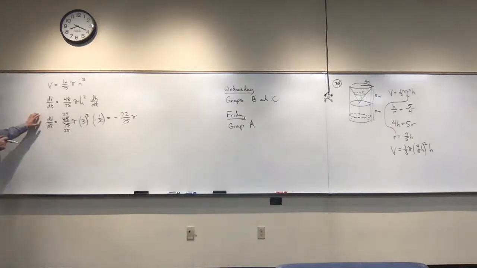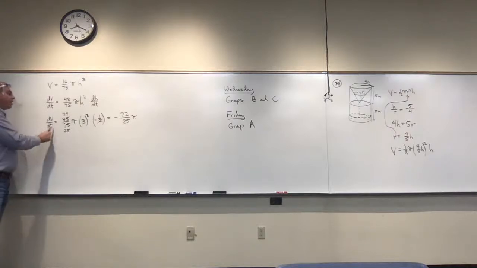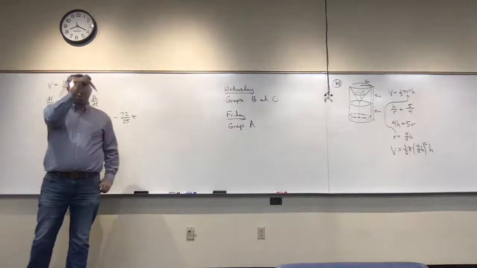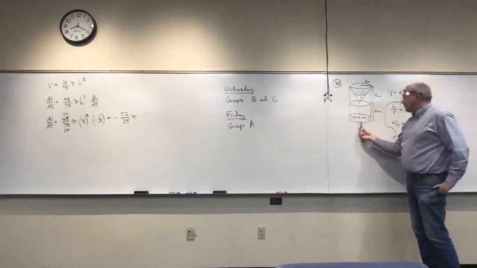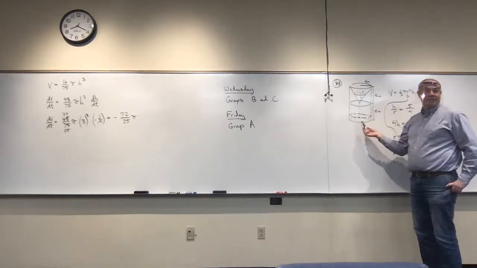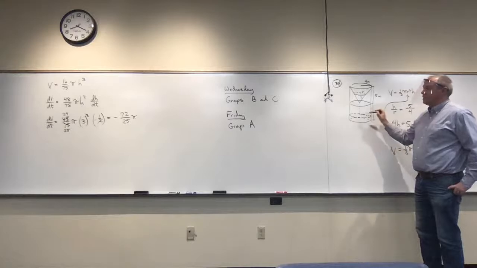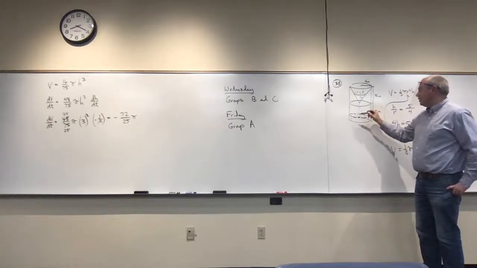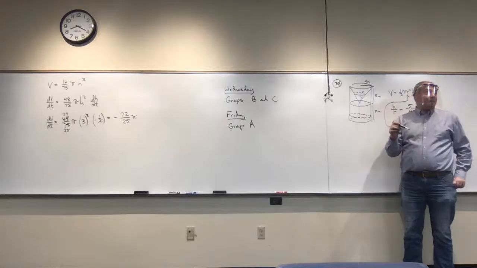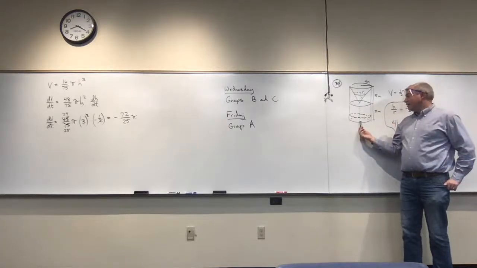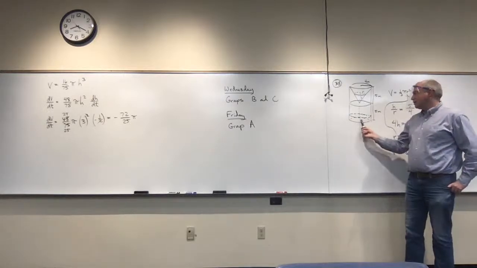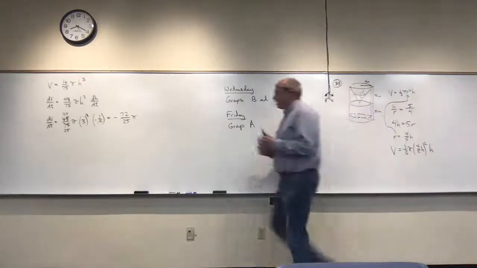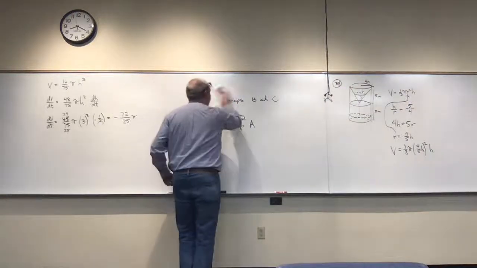Okay, so what we just figured out is, and we could put units on this if we want to, how fast the liquid is draining from the tank. Well, the rate at which the liquid is draining from the tank is the same rate that it's going into this tank, right? So now we know what dV/dt is for this lower tank, but it should be positive, right? Because in this tank, the level is going up. So we just changed the sign, and now we know what dV/dt is for the second tank. So now we're switching gears, and we're looking at the second tank,